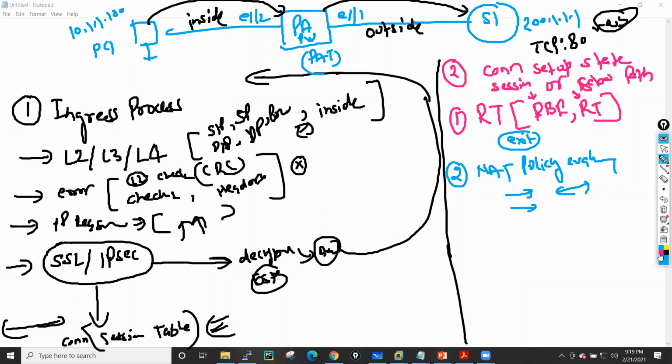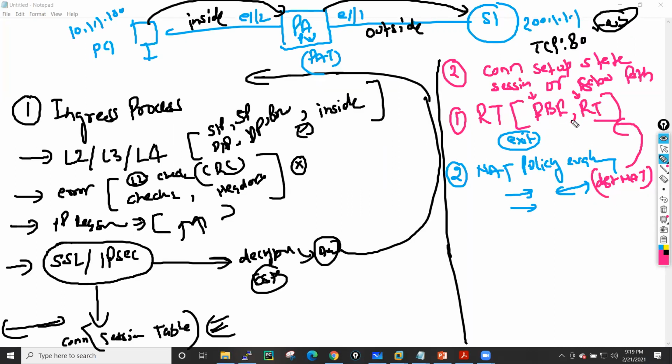Now in this policy, we have two conditions. If the traffic is related to destination NAT, in that case it will again send the packet for the routing lookup, because when your destination changes, your exit interface may change. So they will do the routing lookup one more time. If this is traffic related to source NAT, then it will just go for the next check, which is the security rule check, the security policy lookup.